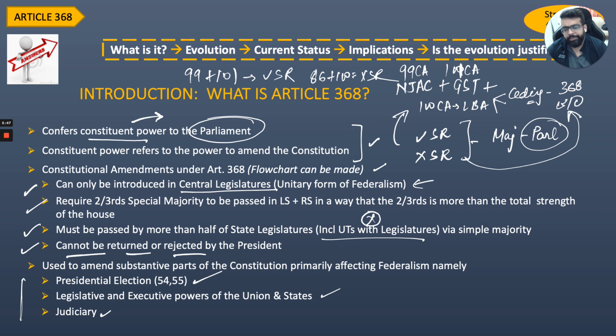if the question specifically asks you so. If the question is just asking you, say, examine Parliament's limiting power, so your introduction should just be 2 or 3 lines which says Article 368 confers constituent powers to amend the constitution to the Parliament and requires either legislature's ratification or not, depending on what is mentioned in 368. Few examples are so and so, so and so, and so and so. But I would not want you to get into writing all of these points in the introduction, because then your introduction would be unnecessarily lengthy. So this is your introduction.